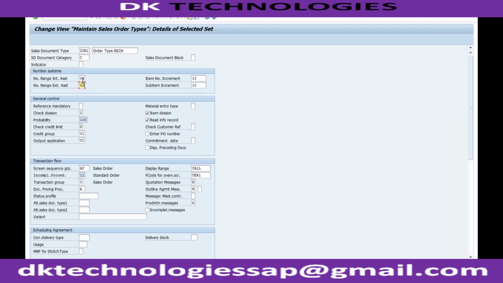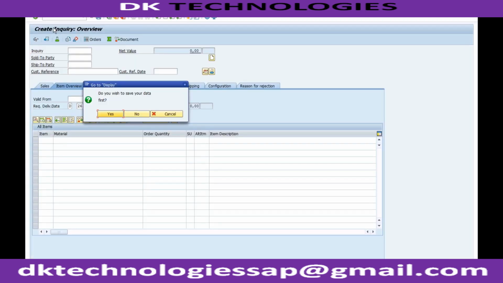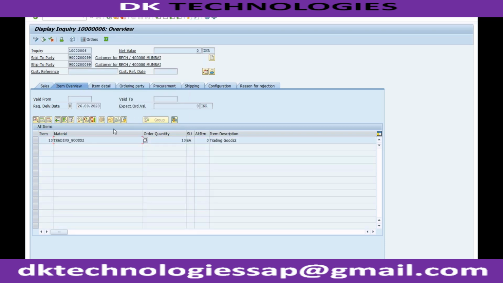Okay. These are the number ranges for the header. Now you can see there are number ranges for the item. What exactly do you mean by this? So for example, let me open the inquiry which I already created. Display inquiry, I don't want to save this. So this is my inquiry which I created. You can see the item number